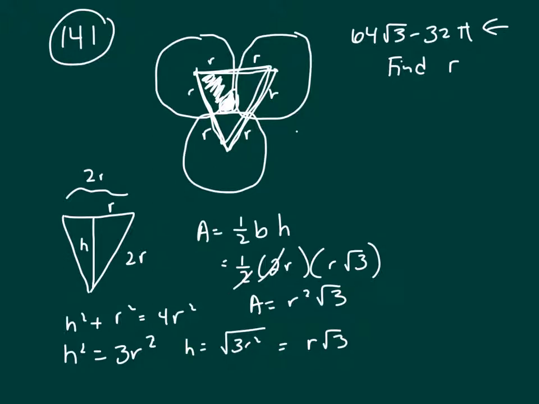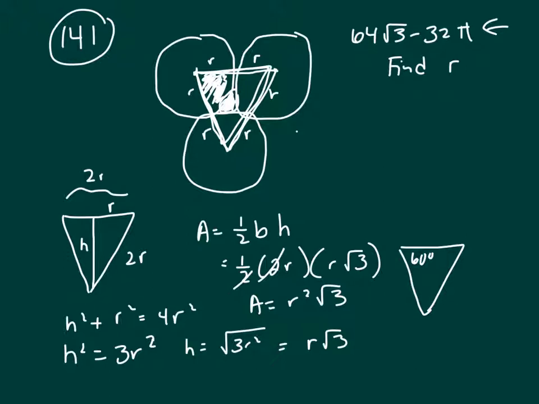Now let's think about the area of one of these sectors. This triangle, all 3 sides are the same. Each one of them is 2r. So you have an equilateral triangle. So that means all your angles must be equal. And the sum of the angles of a triangle are 180. So 180 divided by 3, each one's got to be 60 degrees. So this sector is